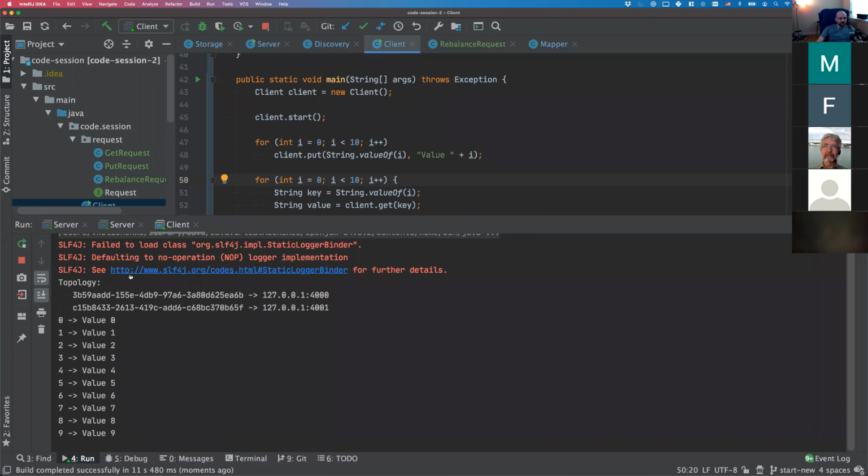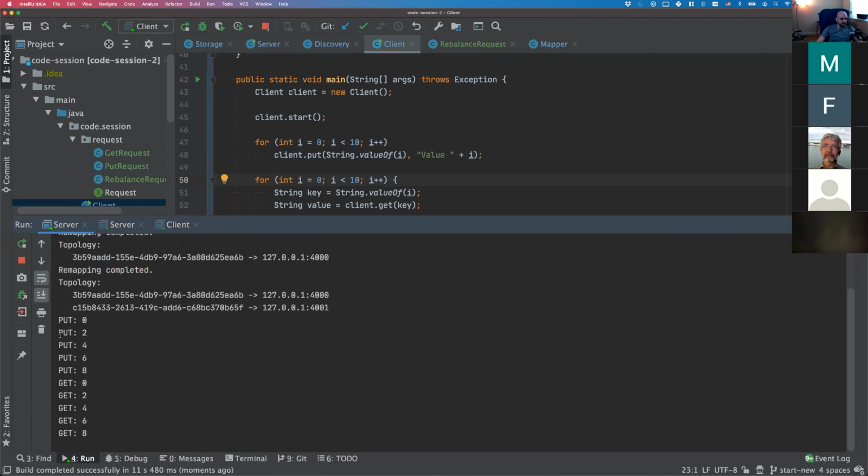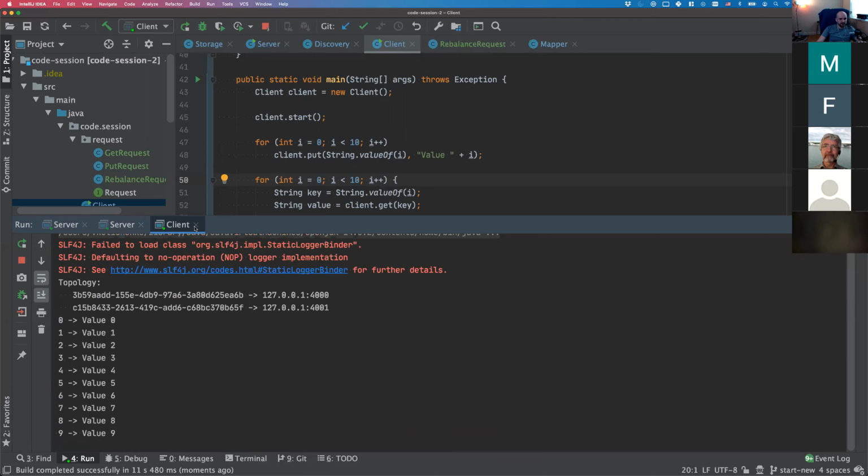All right, we got all the correct results. Let's see what we have on the server node, on the server side logs. So again, it all works as expected. 5 of the keys that we've written into the database and read from the database are processed here on the server 1, and other 5 keys on the server number 2. So now let's kill the client,